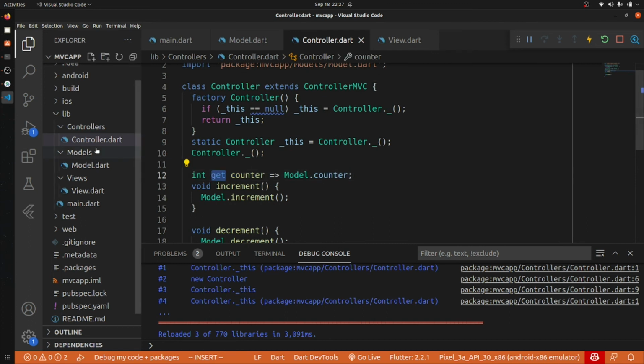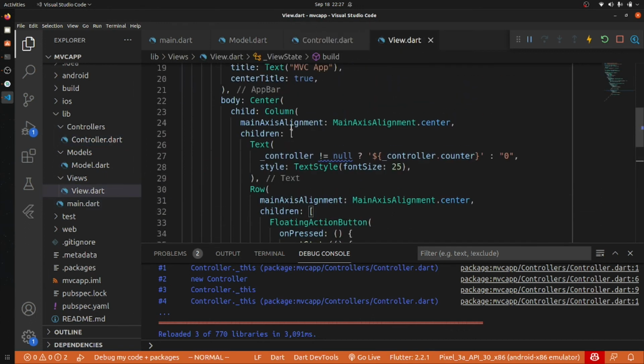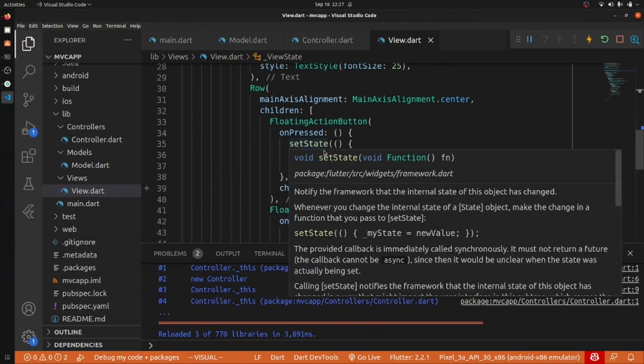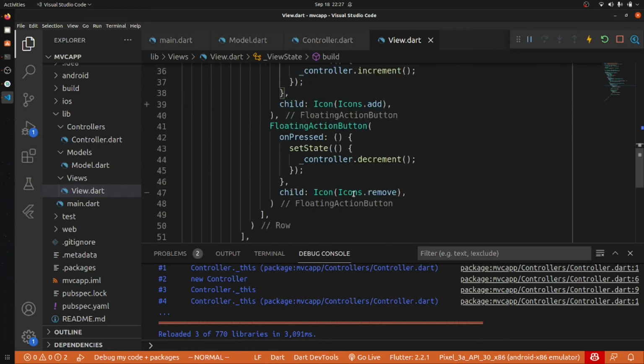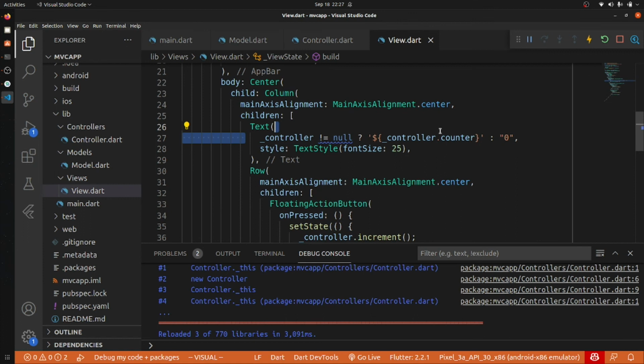In our view we have directly used that controller, and then controller dot increment and controller dot decrement to increase and decrease, and the controller dot counter value, so that we can see the values that we have.